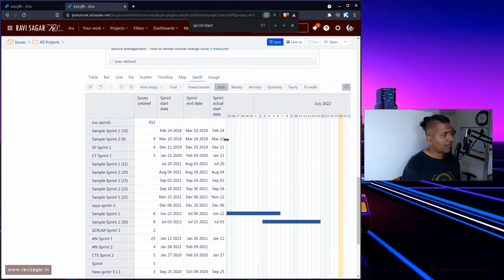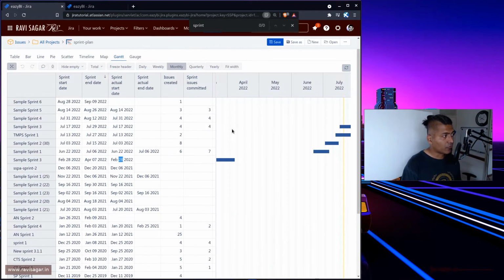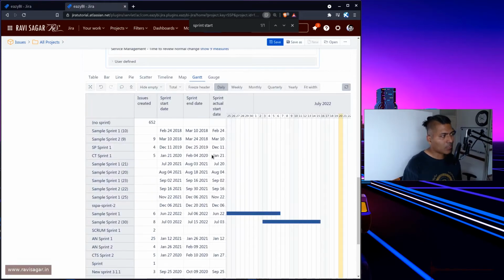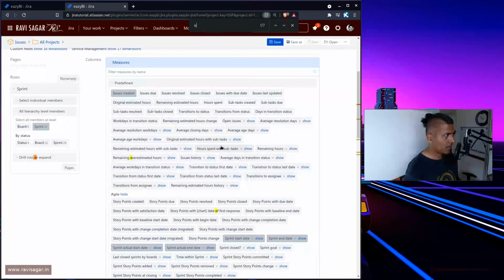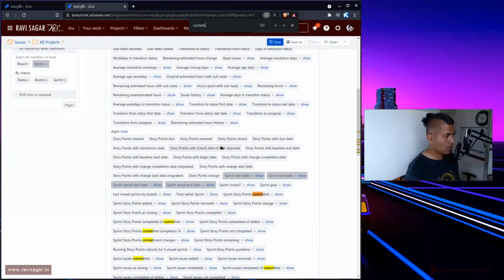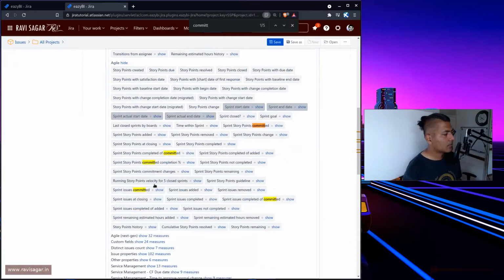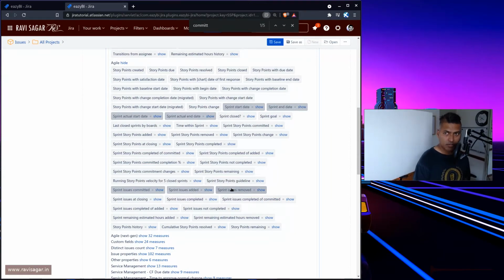Perfect, beautiful. And what else we can do? We can of course look at, for example, right now it says issues created. So this basically means that right now there are 9 issues in this particular sprint, but we need a bit more information about the commitment. So let us look at the sprint issues committed, sprint issues added, sprint issues removed,